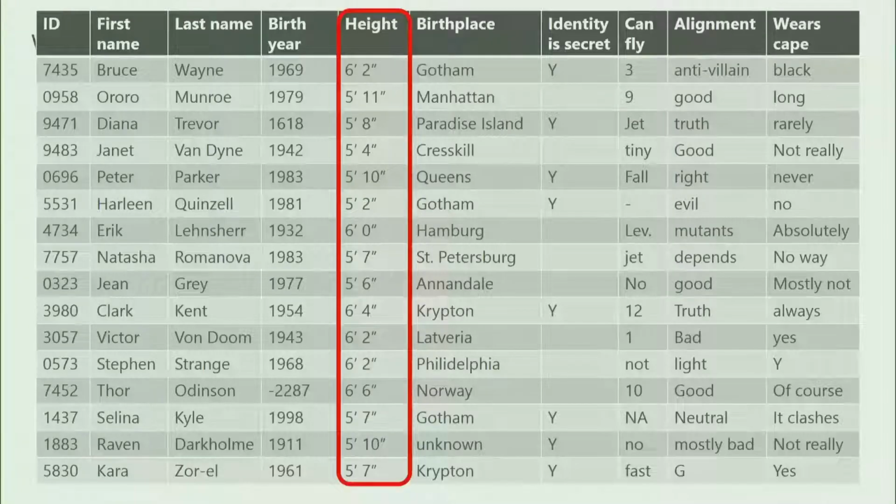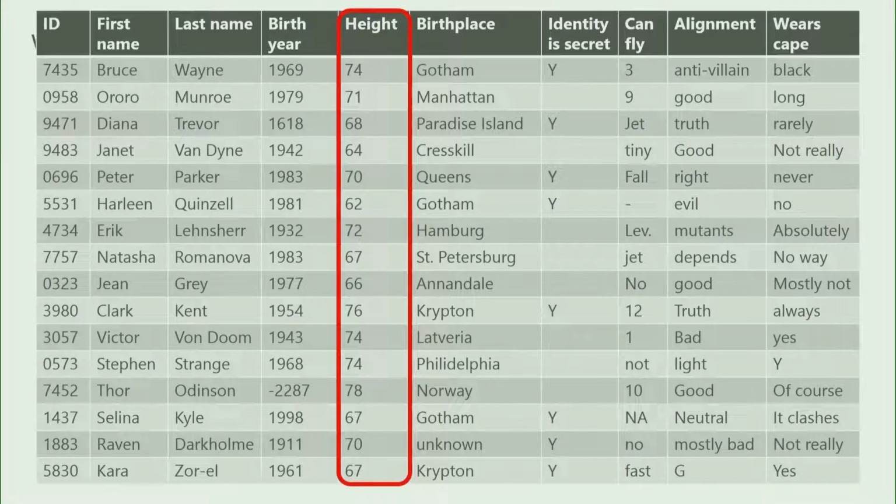Now height poses a different problem. These are all nicely formatted, no errors or inconsistencies, but it's kind of a quirky format. So unless the computer automatically knows how to interpret this, it'll just interpret it as a string, and it won't know that 6'1" is any closer to 6'0" than it is to 4'0". So we just translate it into inches. Now it's a nice number. Computer can add and subtract and do what it does with numbers. Birthplaces look good. One of them's unknown, but that's a perfectly okay thing to put.